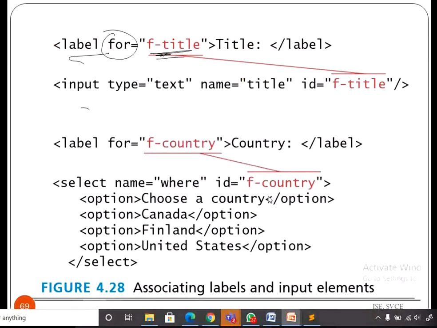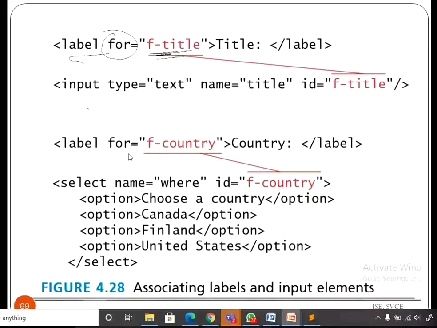Okay, I will just tell how you can make use of these, how you can connect these form elements along with the input. So whatever name is given in the label, you can just use as an ID for the input type. If you use this, whenever you click on this label, it is going to highlight this input element. That means you are giving a relation between these two elements.